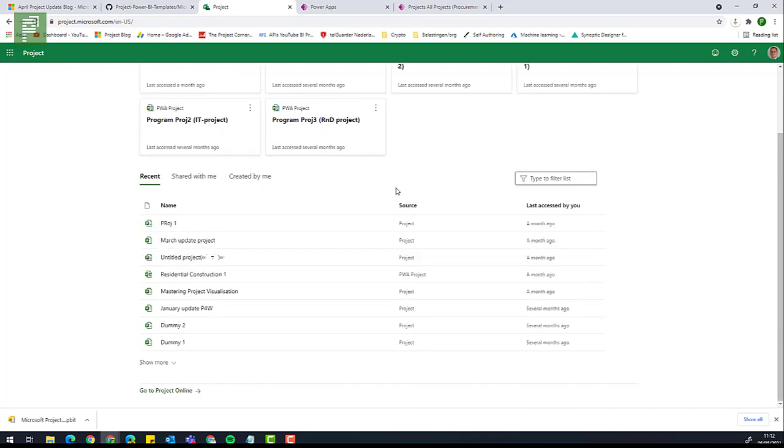From the Recent tab, you will have a number of projects that you have visited recently. Either you created them or they were shared with you and you visited them recently. So there's different sources again. PWA projects have a limited set of extra options. You can copy a project link, you can add them to favorites, and you can remove them from the list,